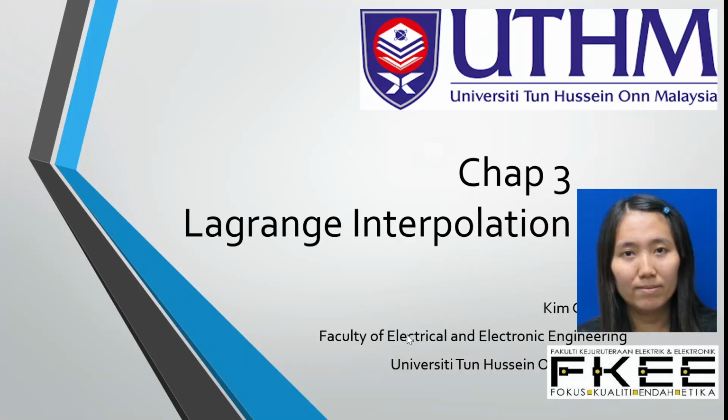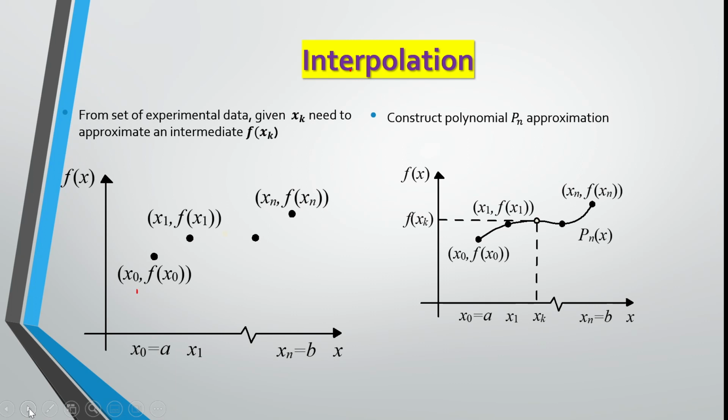So we look at the Lagrange interpolation. Interpolation is actually used when you have experimental data. Let's say x naught, f of x naught, or this is y naught. When you have x naught, y naught, because y is f of x, you have a set of points, let's say x naught, y naught, x1, y1, until xn,